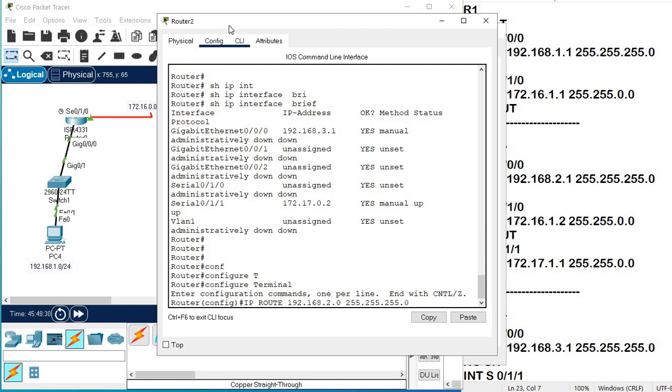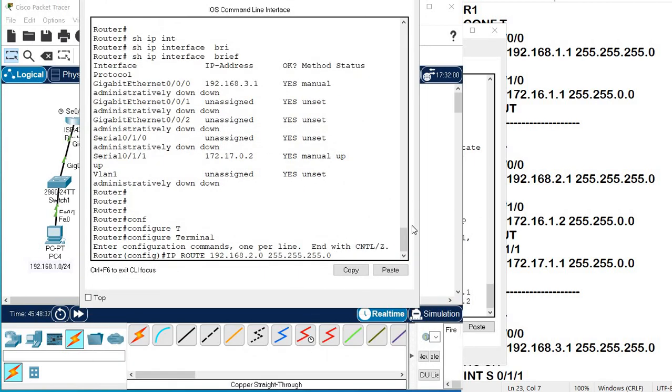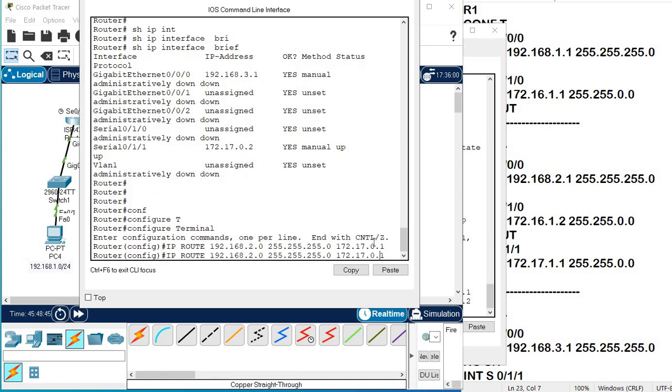And from the third router, if I go to any of these 3 networks, I have to go to 172.17.0.1, via 172.17.0.1. Similarly, I will go to 1.0